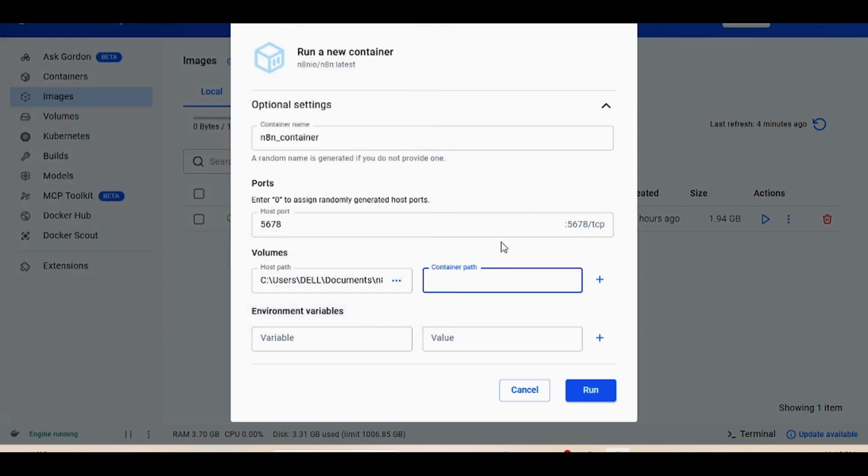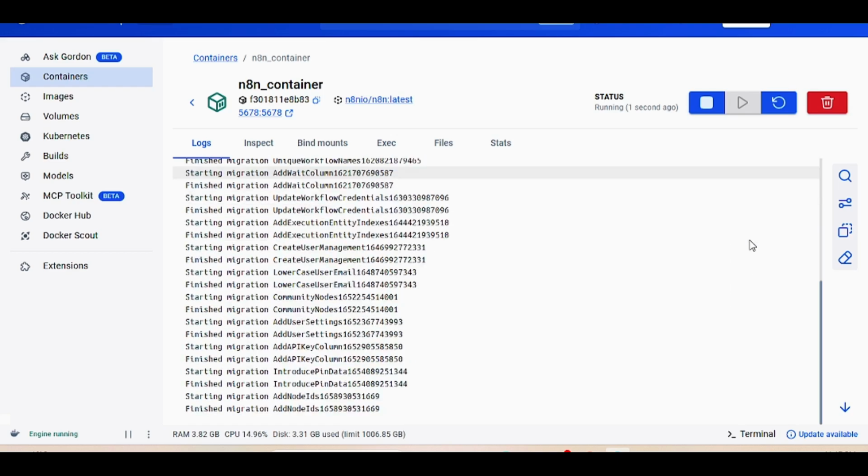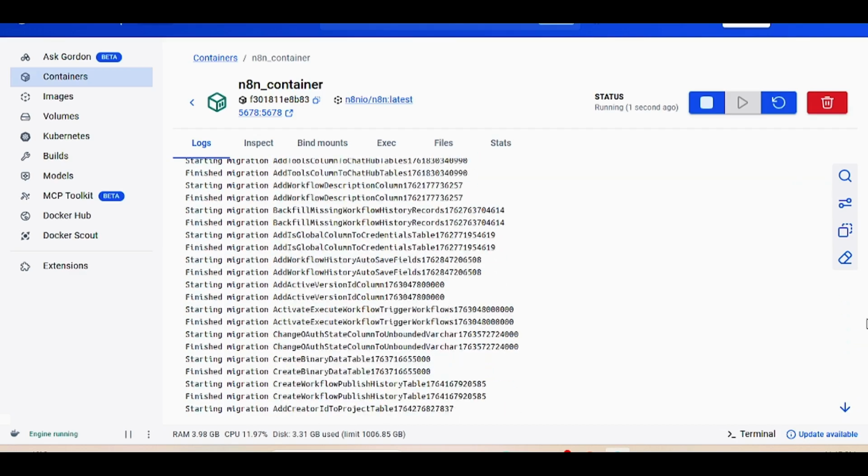Select, and here, type in /home/node/n8n, and then click on Run. So after that, you will see your n8n container running in the logs. After it finishes, you'll find the link down below,